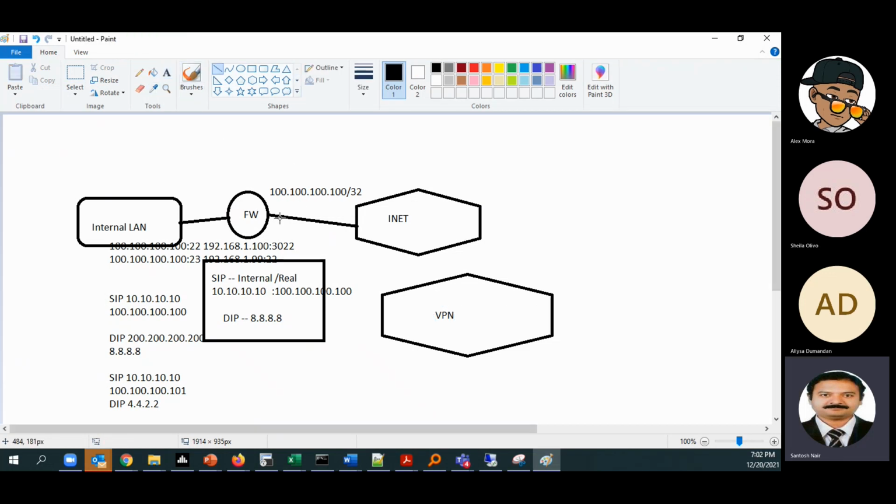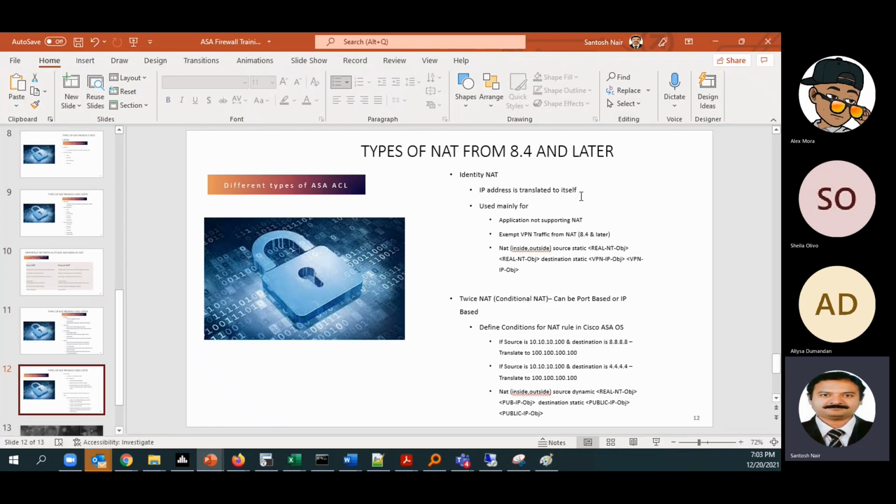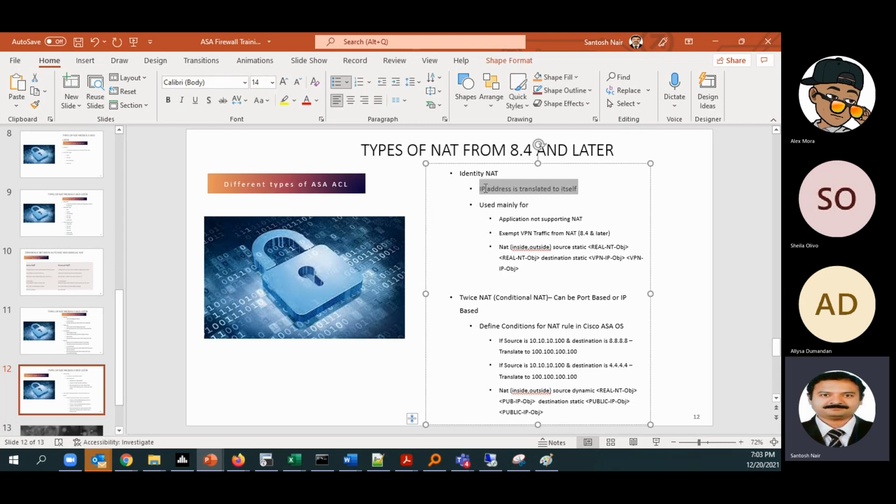When it is going to a customer network, one particular VPN, or our branch site, it should not get NATed. In those scenarios, we just NAT the internal IP address to the same internal IP. That is called identity NAT. It just NATs to itself only. It is mostly used in VPN.